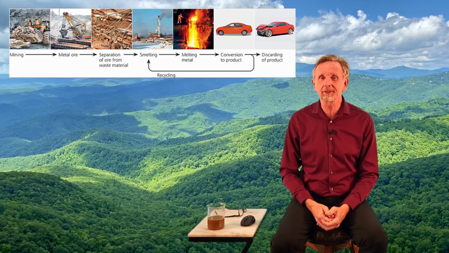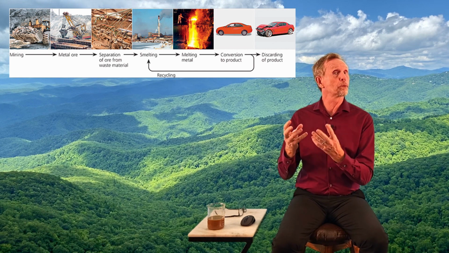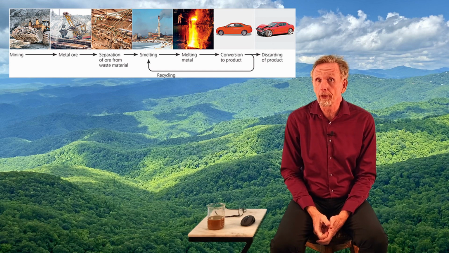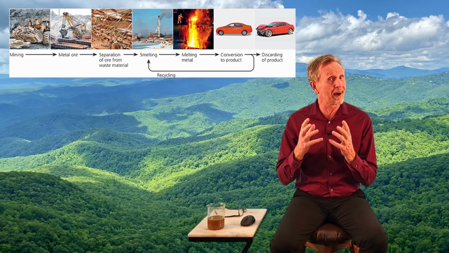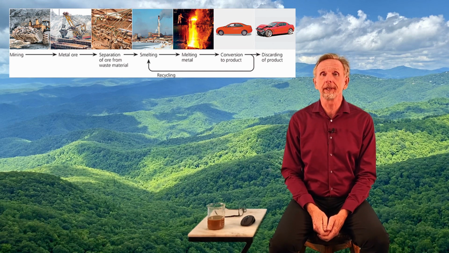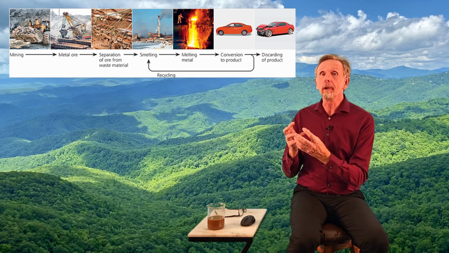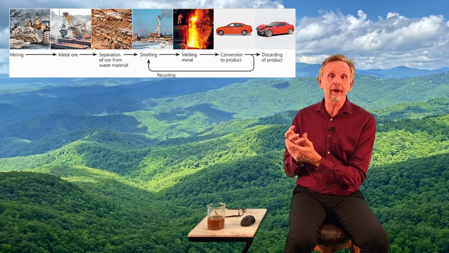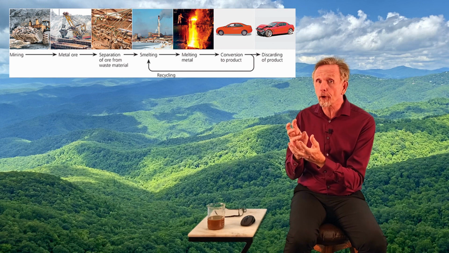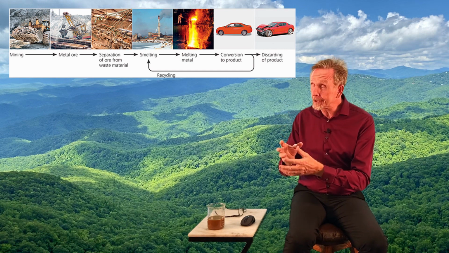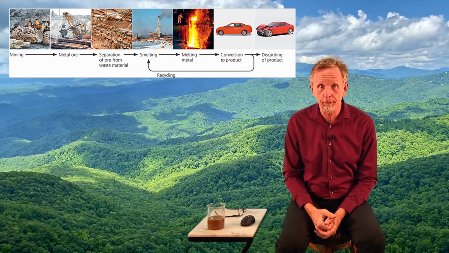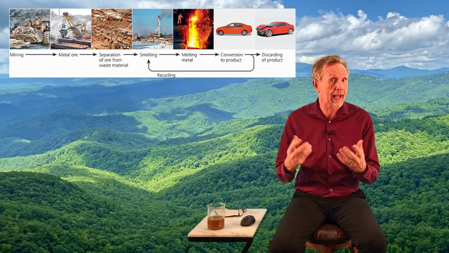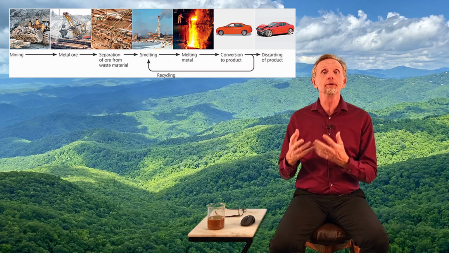Now there are different ways to go about it. Smelting it, where we melt it down, is just one of the more common, especially if we're talking about iron or some of these other products. We melt it down so we can get the iron off. So we smelt it to purify it, and then we'll melt it down into whatever shape or form we want. In this case, we're making a car. And then we use the car.